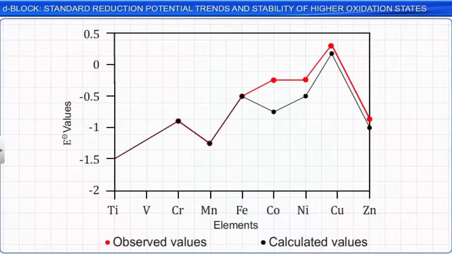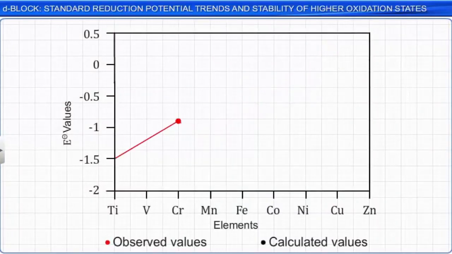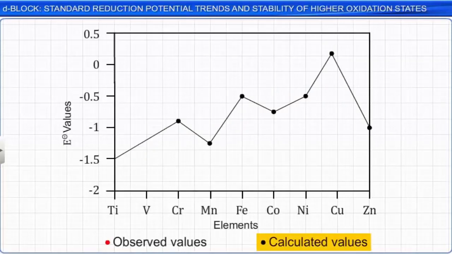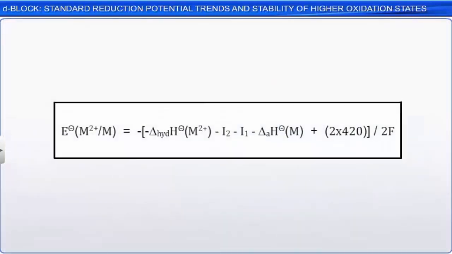The curve in red corresponds to the observed values, while the one in black corresponds to the calculated values. The plots indicate that the experimental and calculated values are in close agreement with each other. The M2+ to M reduction potentials have enthalpic contributions from the terms in the equation shown here. The equation indicates that the magnitude of the reduction potential is governed by the values of three relatively large terms: